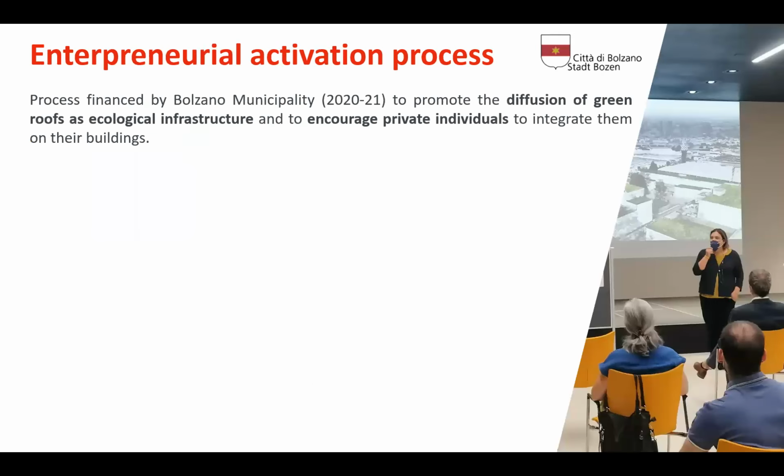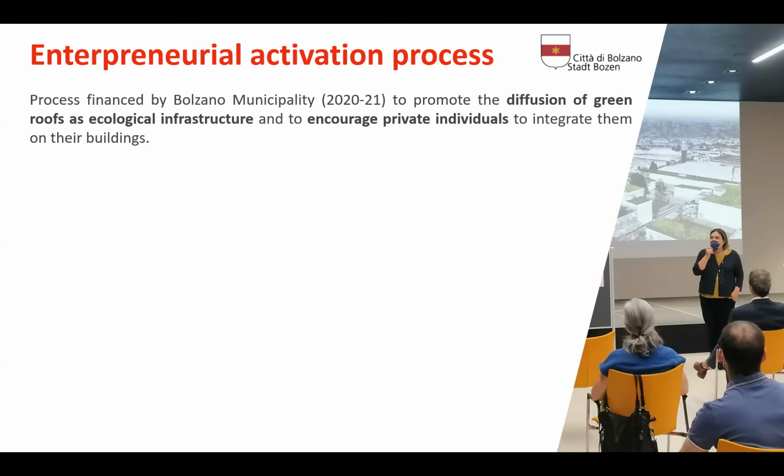To this aim, we had a small project called the Entrepreneurial Activation Process that was financed by Bolzano municipality, to evaluate and somehow also encourage private stakeholders in the area to integrate green